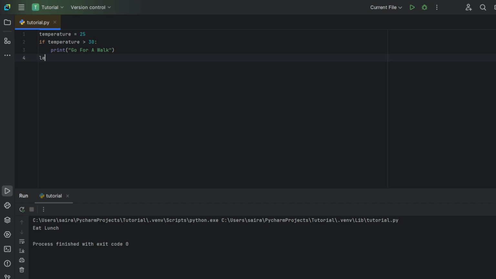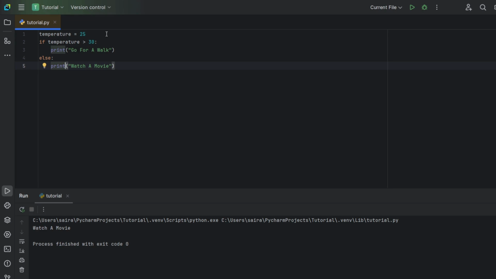We already have if over here, then we'll write else. And once again, the else must be followed with a colon. Else colon, watch a movie. Sorry, we have to use print. And now if we run it, we can see it prints watch a movie. Why? Because the if statement is false. Therefore, we've learned a new keyword, which is else.